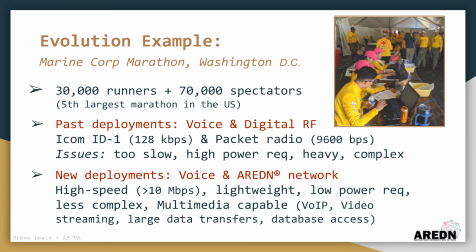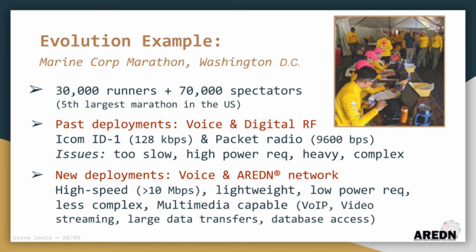In the past, they used mainly voice and digital RF modes. Typically, they deployed ICOM ID1 data radios with speeds around 128 kbps, as well as packet radio with speeds around 9600 baud. Their after-action reports identified several concerns, though. They indicated that data transfer rates were too slow. And they also mentioned that the equipment was heavier and more complex to set up, as well as requiring higher